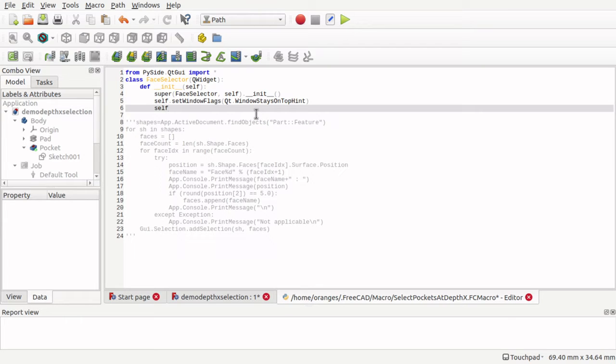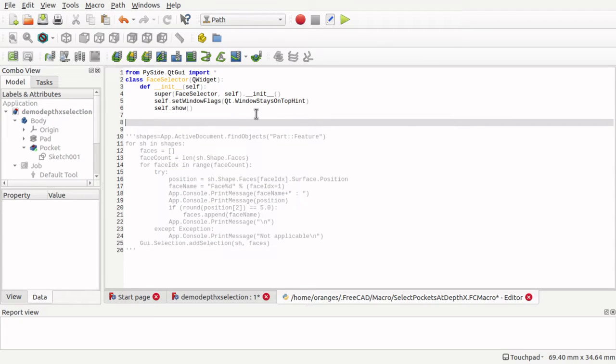And then we use self.show to actually show the form that we're going to be using, or window that we're going to be using. And also we need to instantiate this, so I'm going to use the variable selector, whatever you want, equals face selector,